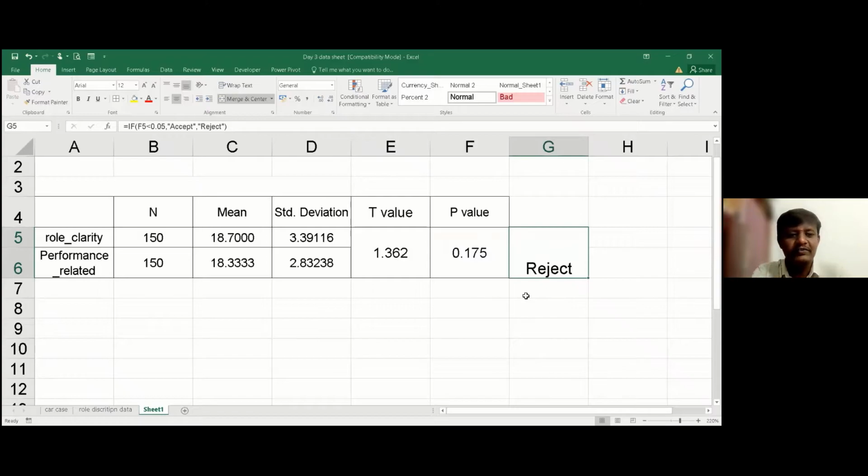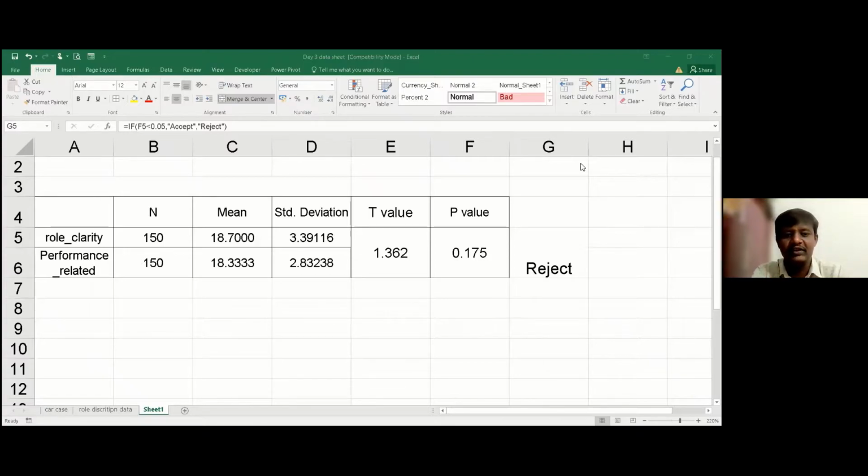So how to interpret further? We have come to an understanding that there is a difference in the mean value of role clarity and performance related variable. Now, coming one step forward, we can interpret that the higher the role clarity, the higher the performance of individuals, or the higher the role clarity, the higher the performance of employees.